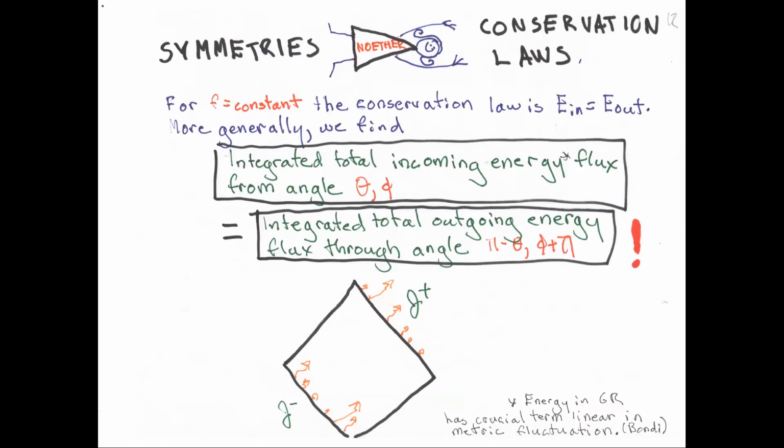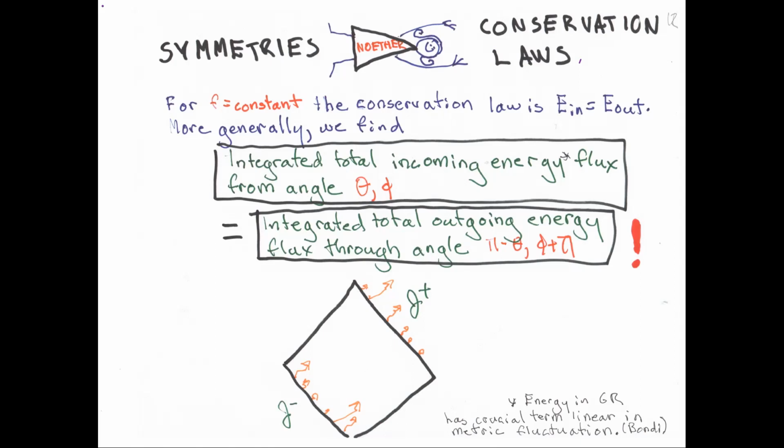Okay, so symmetries imply conservation laws. Like for a constant, the conservation law is the total incoming energy is equal to the total outgoing energy. But more generally, using that symmetry I just described, the antipodal BMS symmetry, you can show that, integrated over all advanced times, all the energy that came in through some angle